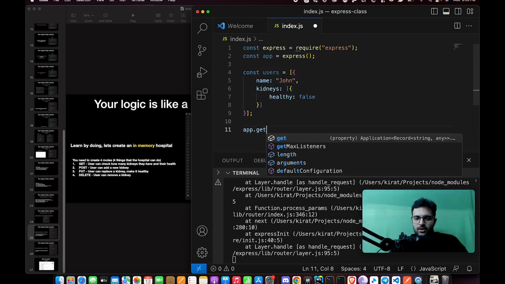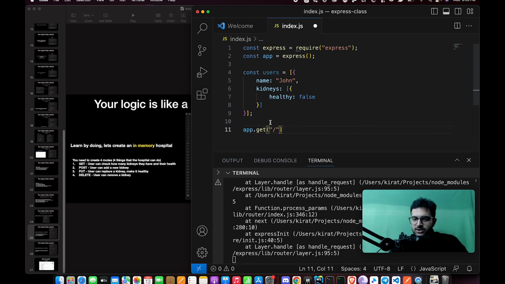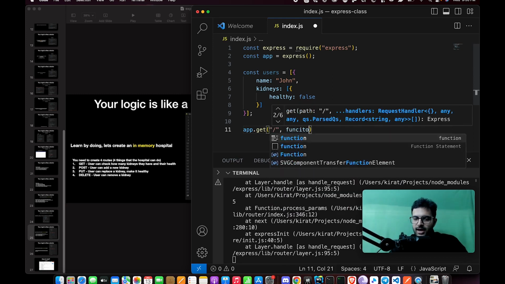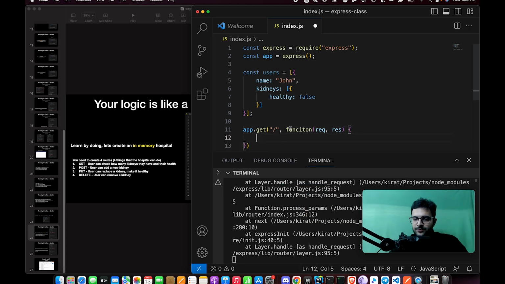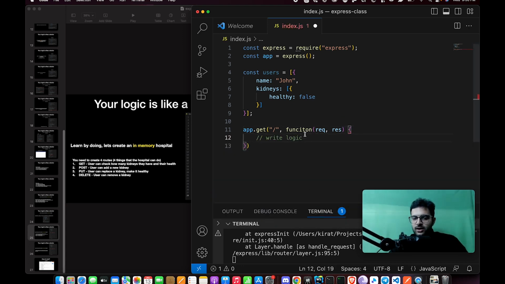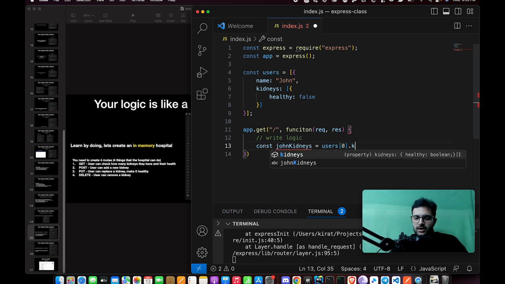And now anytime a request comes on the slash endpoint with a GET request, I need to write logic here that would return to John how many kidneys he has, how many of them are healthy, and how many of them are unhealthy. So what can I do? I can be like const johnKidneys equal to users of 0 dot kidney. This will give me,